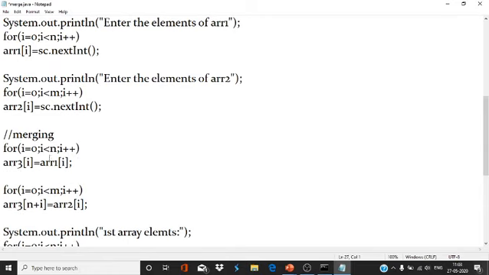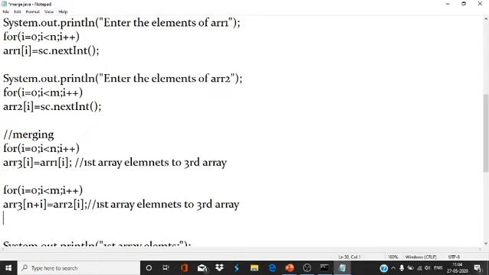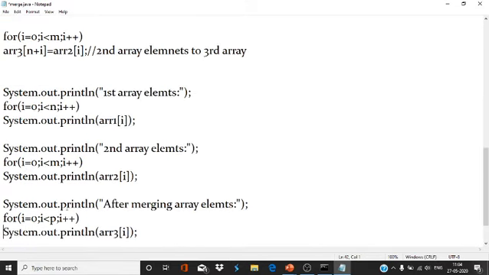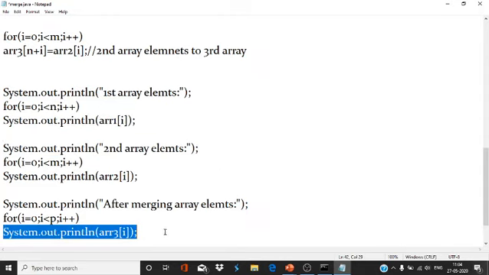Merging the first array elements to the third array, and here the second array elements to the third array. After storing, now I have printed the values: all elements of the first array, all elements of the second array, and all elements of the third array.